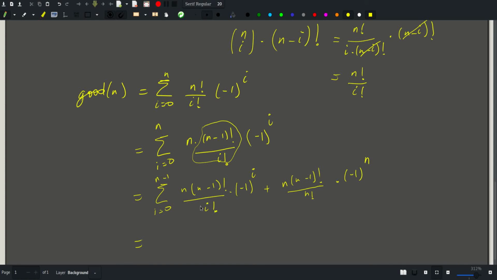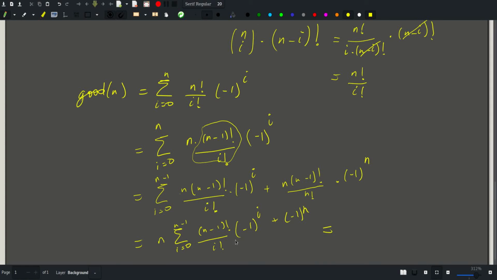And this will simplify even further, so I can bring an n out here. So this is n times sigma from i equals 0 up to n minus 1 of n minus 1 factorial over i factorial times negative 1 raised to the i, plus n times n minus 1 factorial is just n factorial divided by n factorial, so this is just 1. And then this will be just multiplied by negative 1 raised to the n,